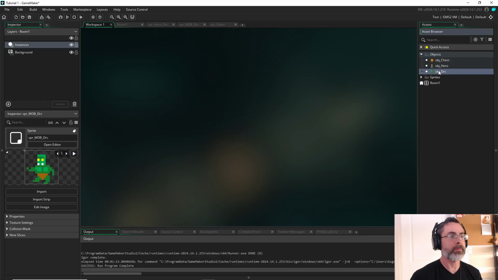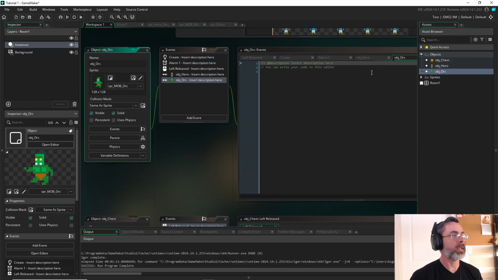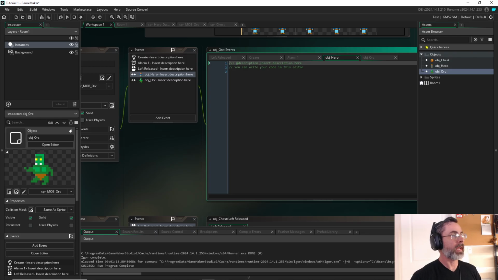Let's jump into the code for the orc. And we want to say when the orc hits the orc object, here are its events. We want to hurt the hero when the orc collides with the hero. And that is this one right here. So we'll scroll over and let's do a quick comment. You've probably noticed the @description, insert description here. Let's just say